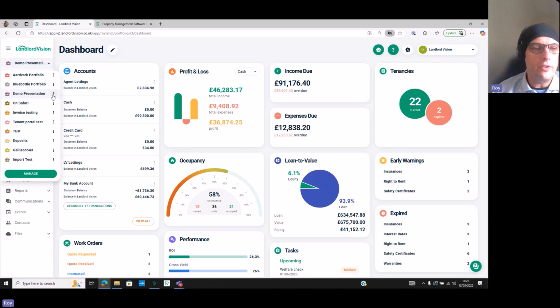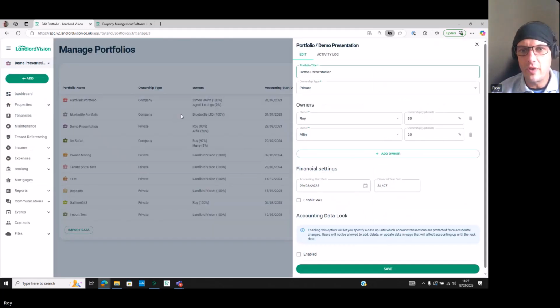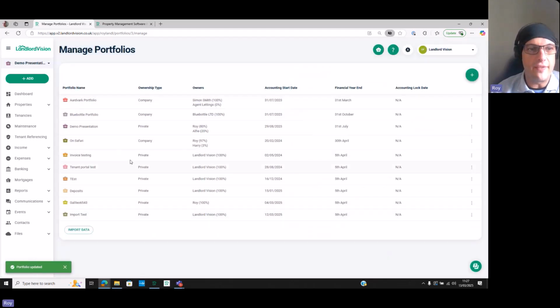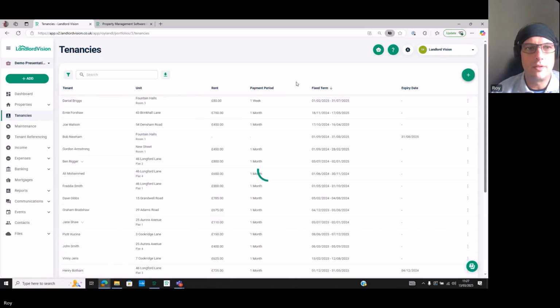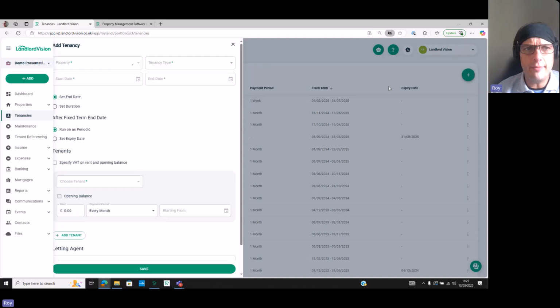If I go into my portfolio settings or edit portfolio, I now have an option, if I'm on the enterprise plan, to enable VAT for this particular portfolio. I click on save, and now I have VAT in this portfolio. If I now go down to tenancies, I can add a tenancy,